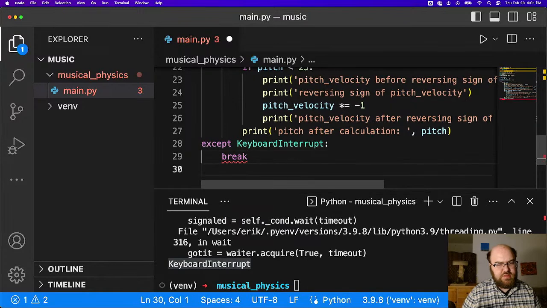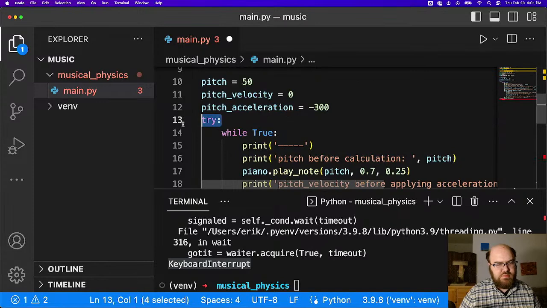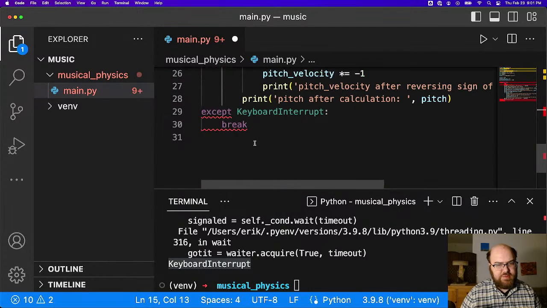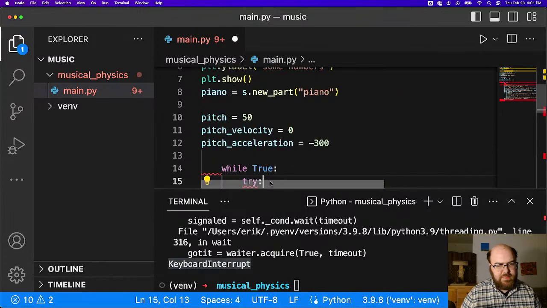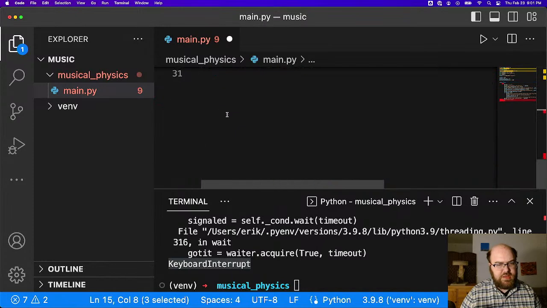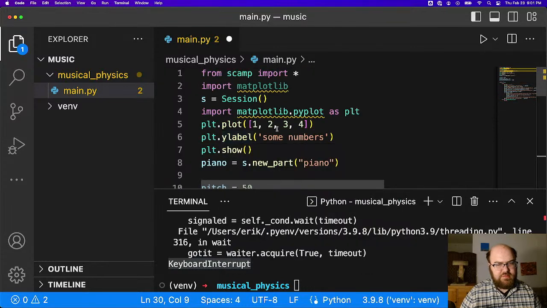Then I guess I have to write this inside of there. That would make more sense, wouldn't it? Try, except, break, then